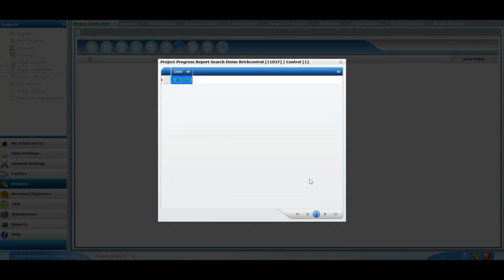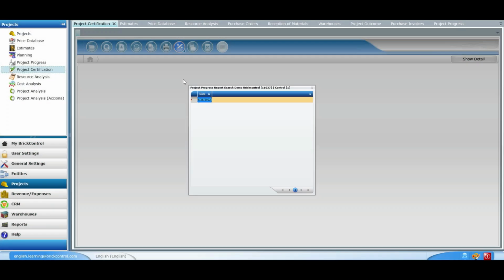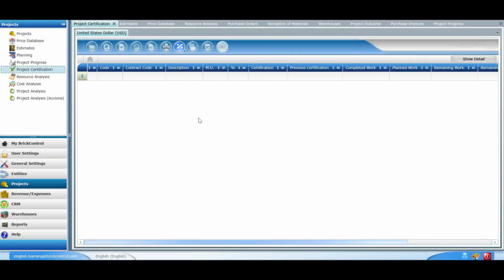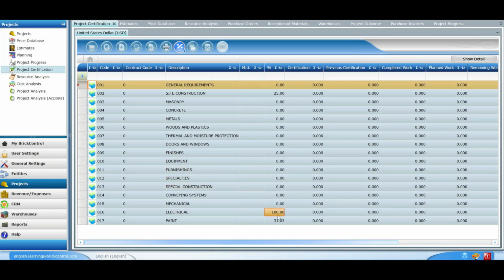In the following screen, we are asked to choose a project progress. In this case, since there's only one available, we're going to double-click on it to select it. As you can see, the information that has been displayed is the same as the one we had added in